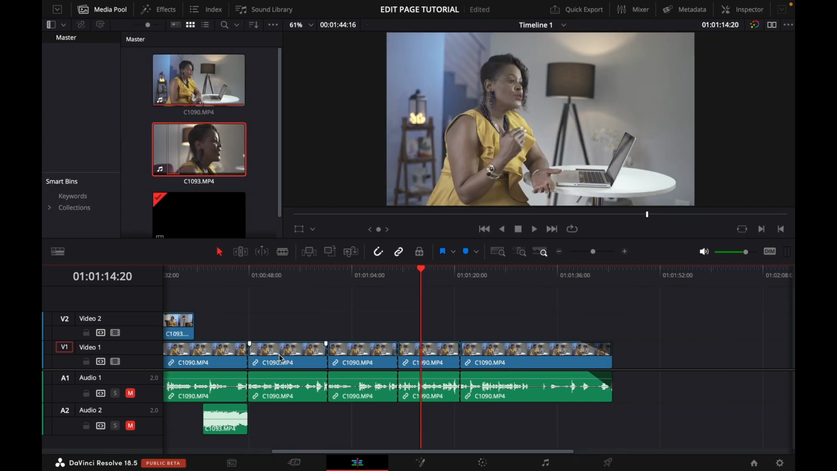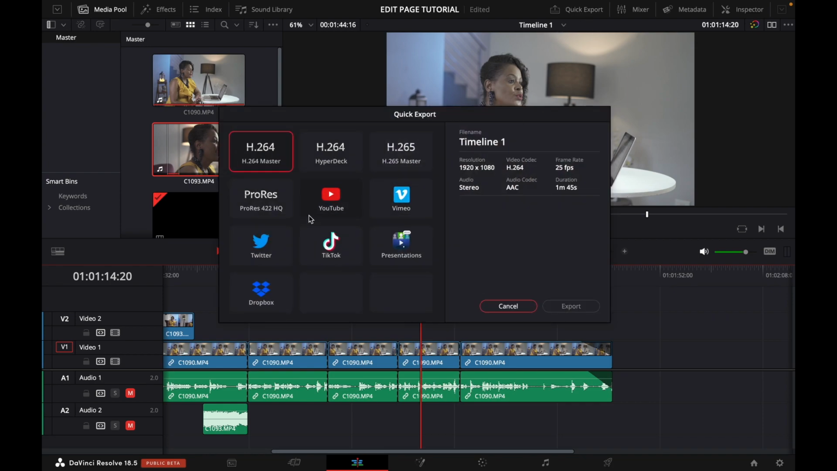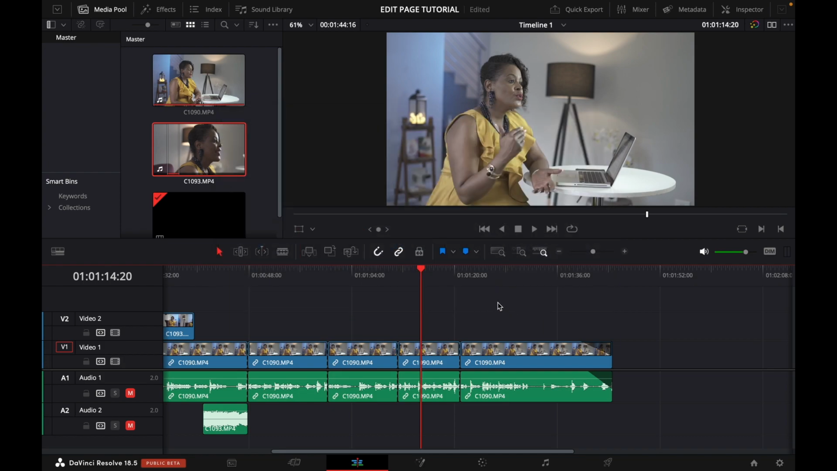Exactly. So let's say you finish your edit and you want to export, right? DaVinci, like I said, they try to make things as easy as possible. So there is an icon here which is quick export. When you click it, it already has a default setting. You have the H.264, the H.264 Hyperdeck, H.265, the ProRes, YouTube. If you're exporting to YouTube, you can export your thing directly to YouTube by just signing in and putting in your YouTube details. You have the Vimeo, Twitter account, TikTok as a presentation or as a Dropbox when you want to send it. So there's a default setting,